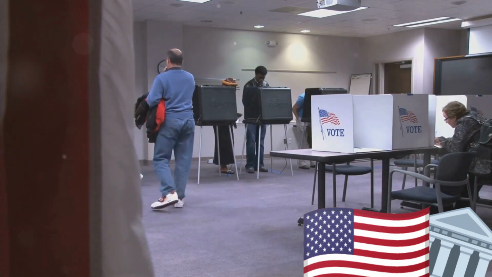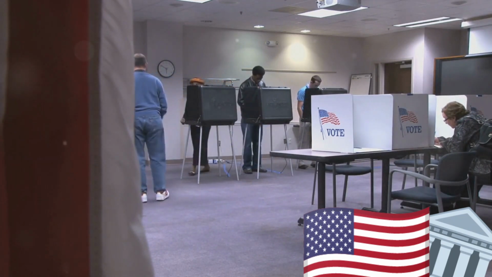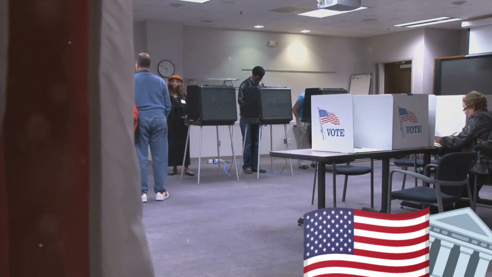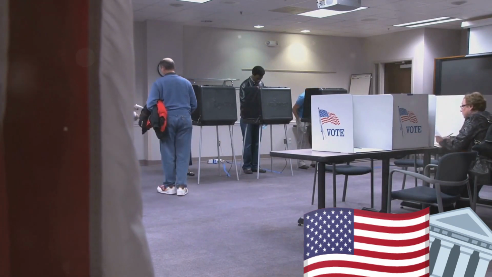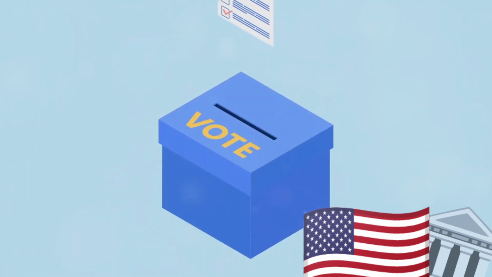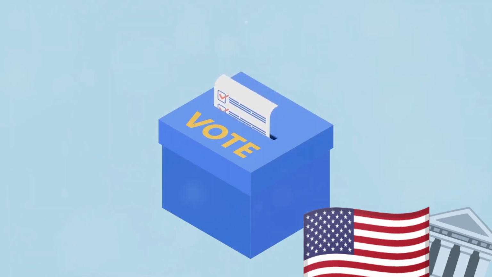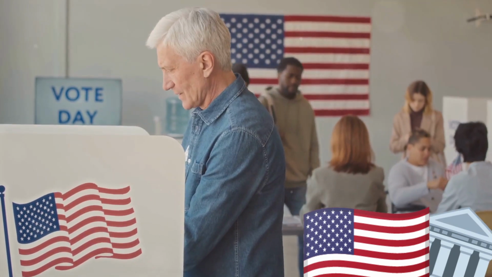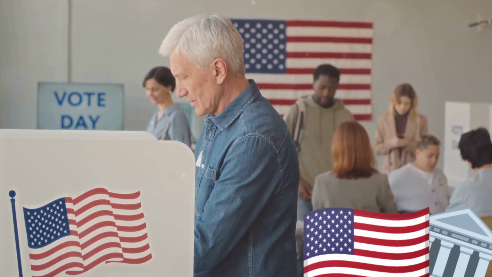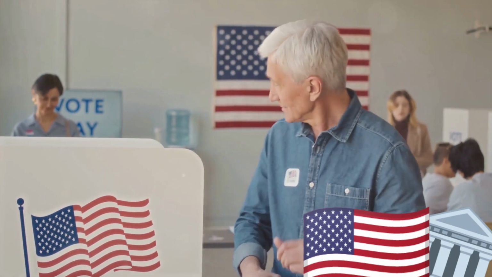It's like a series of auditions where the candidates showcase their political prowess, charm the party faithful, and prove they have what it takes to be the next commander-in-chief. The first stage is the primary elections. These are state-level voting contests, where party members vote for their preferred presidential candidate. From the snowy landscapes of New Hampshire to the sunny beaches of California, candidates crisscross the country, shaking hands, kissing babies, and delivering speeches in an attempt to win hearts, minds, and votes.